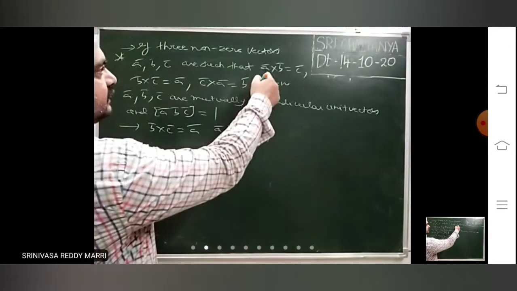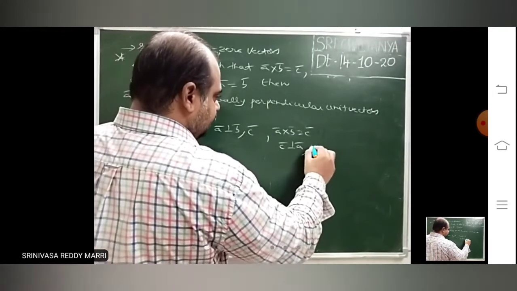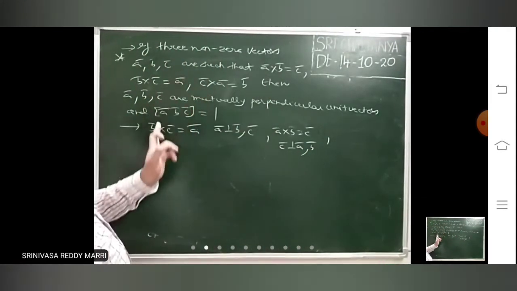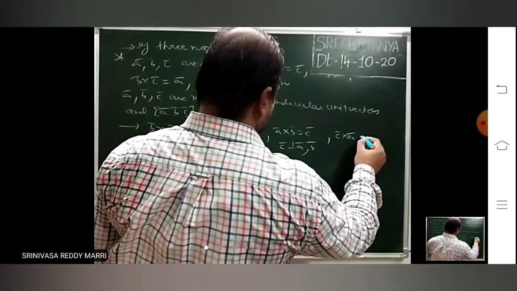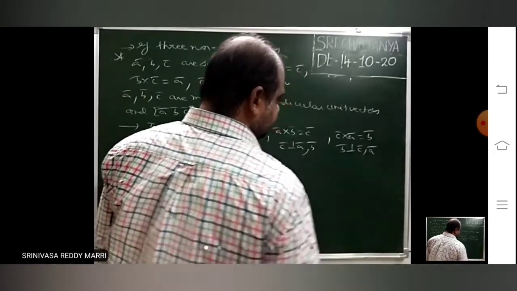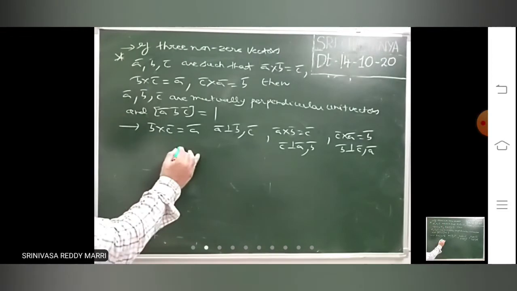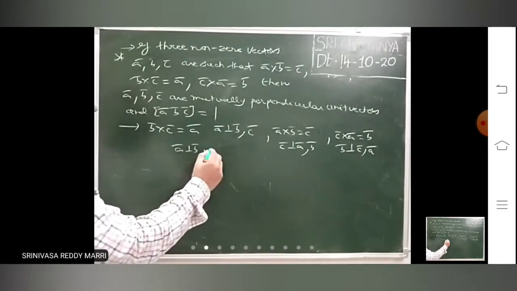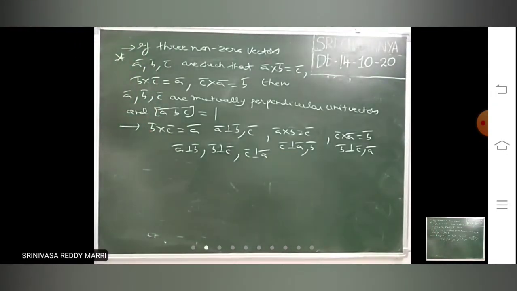So next, this if you take, C bar perpendicular to A bar, B bar. This if you take first one. Second one I have taken here. Third one if you take, B bar perpendicular to C bar, A bar. Therefore, you can say that from these three relations, A bar perpendicular to B bar perpendicular to C bar perpendicular to A bar. That means the angle between each pair is what? 90 degree. They are perpendicular vectors.